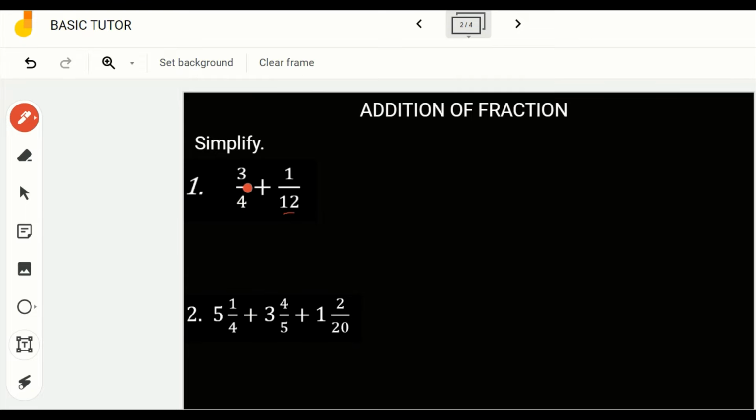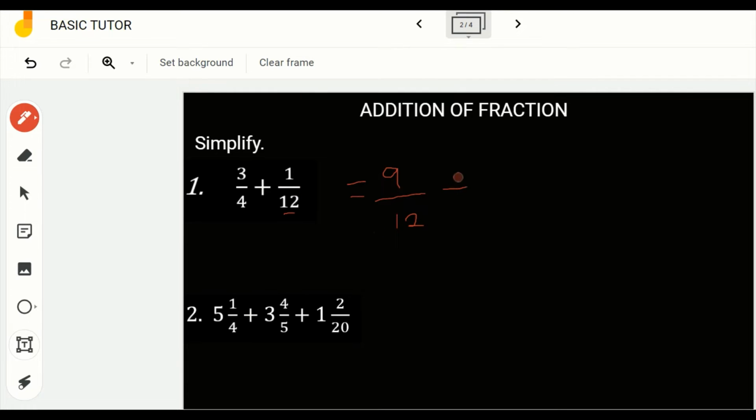So how do I do that? I will have to multiply 4 by 3 to give me 12. And when we are doing this, we have to multiply the numerator and the denominator by that same number. So to solve this question, I have to multiply my numerator by 3, so it becomes 9. I have 9. Then 3 times 4 gives us 12